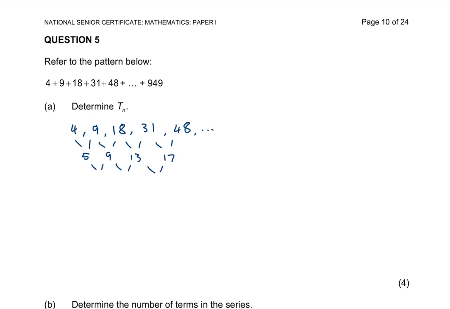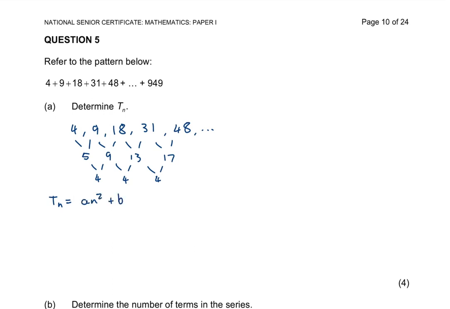So the difference between our first differences, so 9 and 5 gives us a difference of 4, 13 and 9 gives us a difference of 4, and 17 and 13 gives us a difference of 4. Okay, so we can clearly see that we have a constant second difference, and this is thus a quadratic sequence. Okay, so a quadratic sequence takes on the form